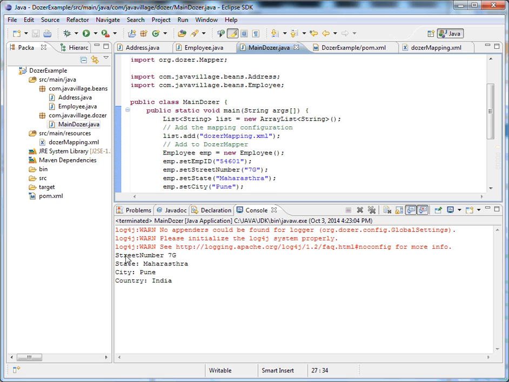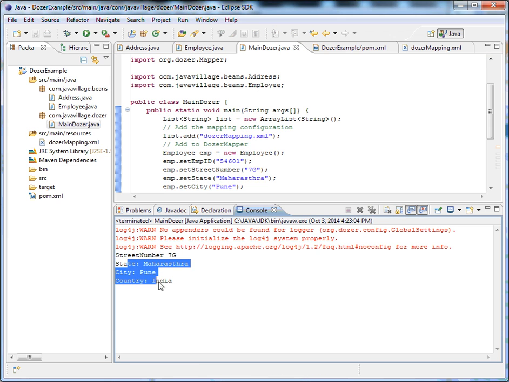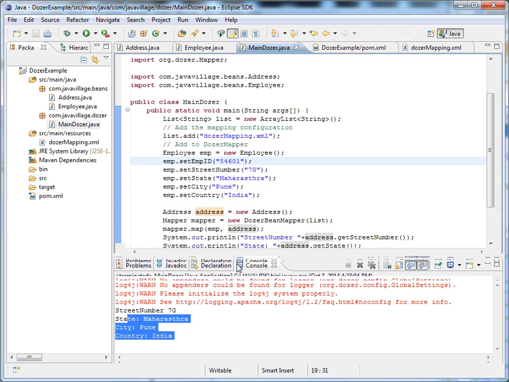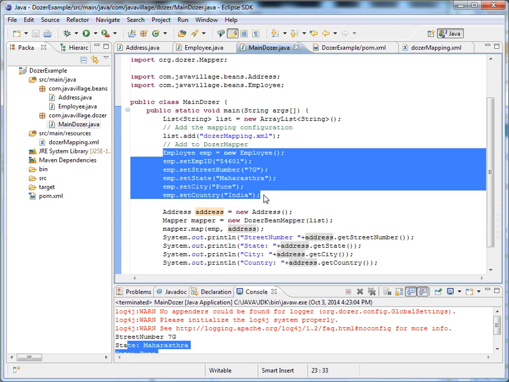See what is happening. Street number 7G and the other details are displaying all the information which is available for the employee object. So this